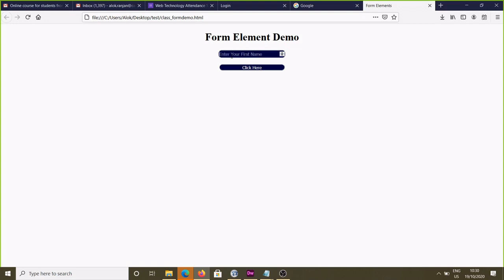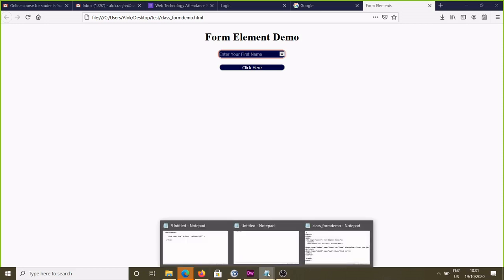Suppose you want to write text here and you click submit, a message will come: please enter a number. Suppose you write a number first and then text, again you will see a message coming. So this is one way, the format, to check only numbers. Clear? And if you want to fix the range, you can do that with the help of a regular expression, or with JavaScript. But apart from this, there is also a simple way here.